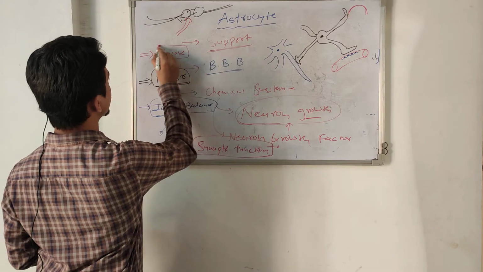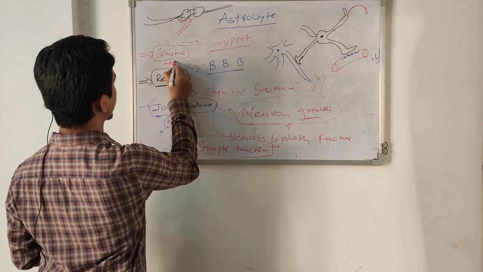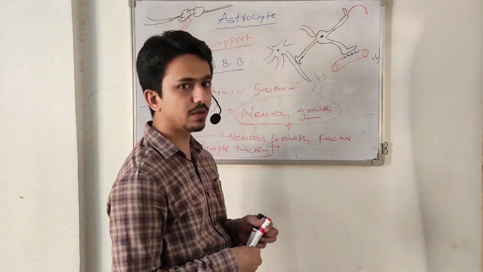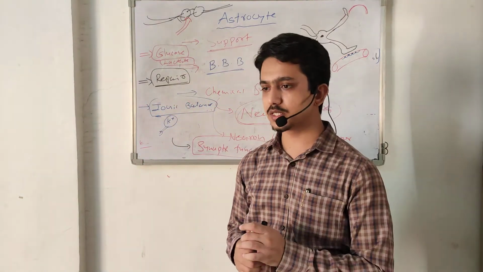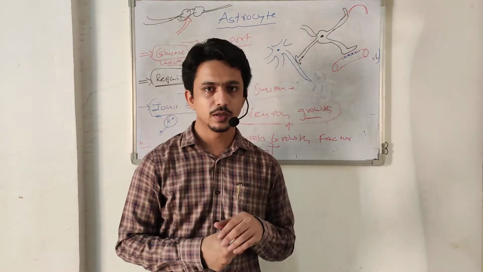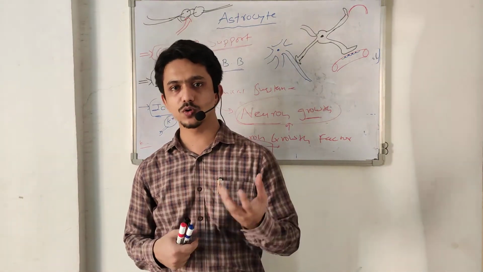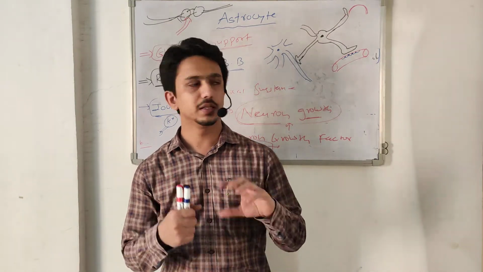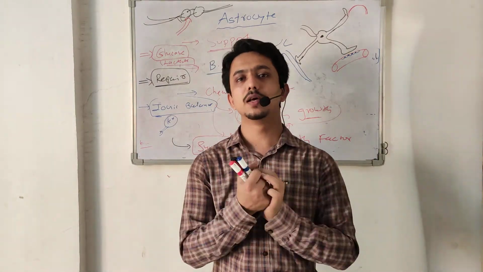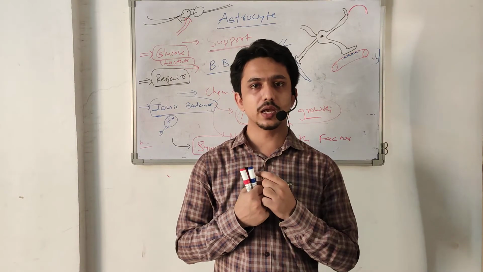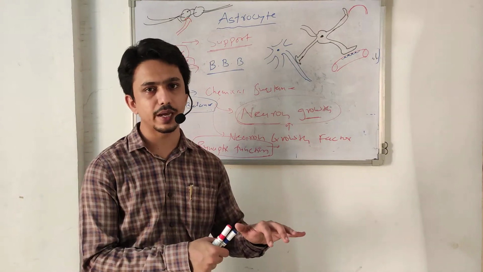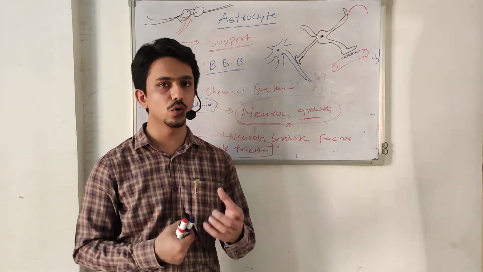glucose, or they give nutrition to the neurons in the form of lactate or lactic acid. This is the most recent discovery. The brain is like a hungry man who is always eating something, because it requires more and more glucose, as it is active for a long time. Because we have multiple neurons getting multiple sensations from all over the body, they are all the time metabolically active. So they require more and more glucose. It's like a hungry man. The brain is always hungry for glucose.